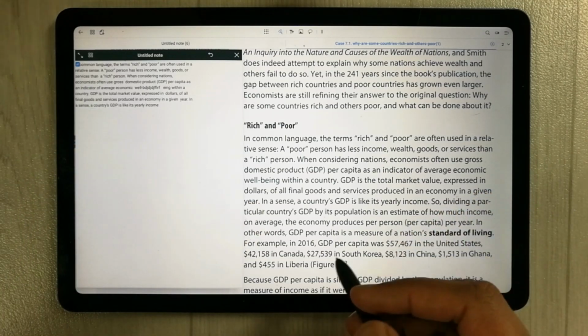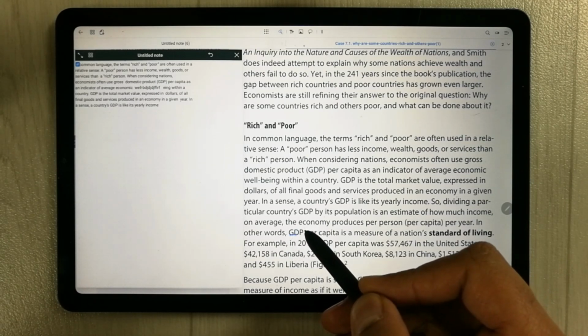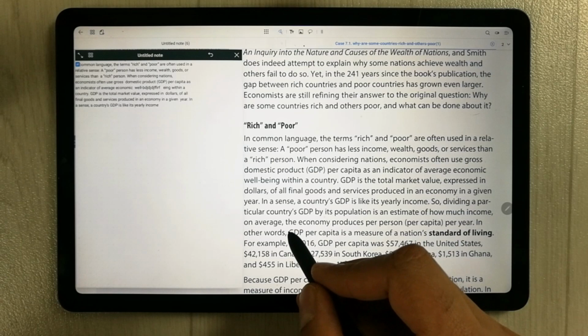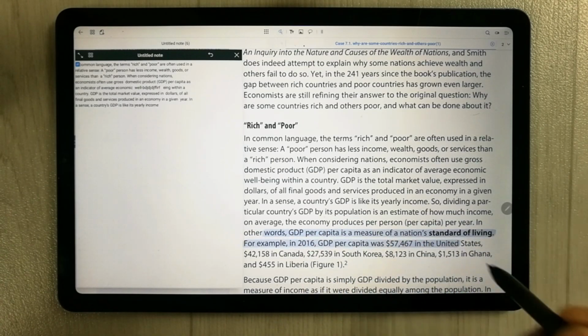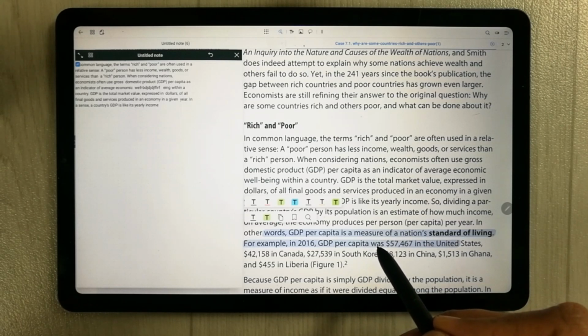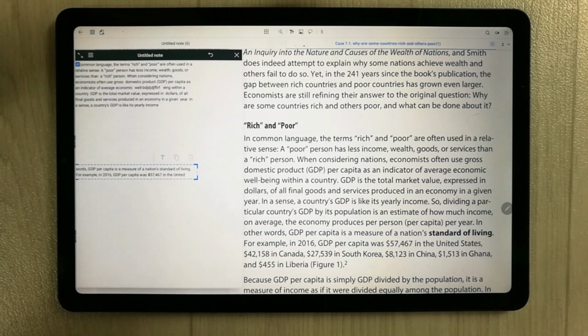For example, if I want to select some more text from this PDF file, I can do it. Let's say I will select it. You can see this line. Okay, and now if I want to extract to the new note file, I can extract it. Simply I can extract it like this.